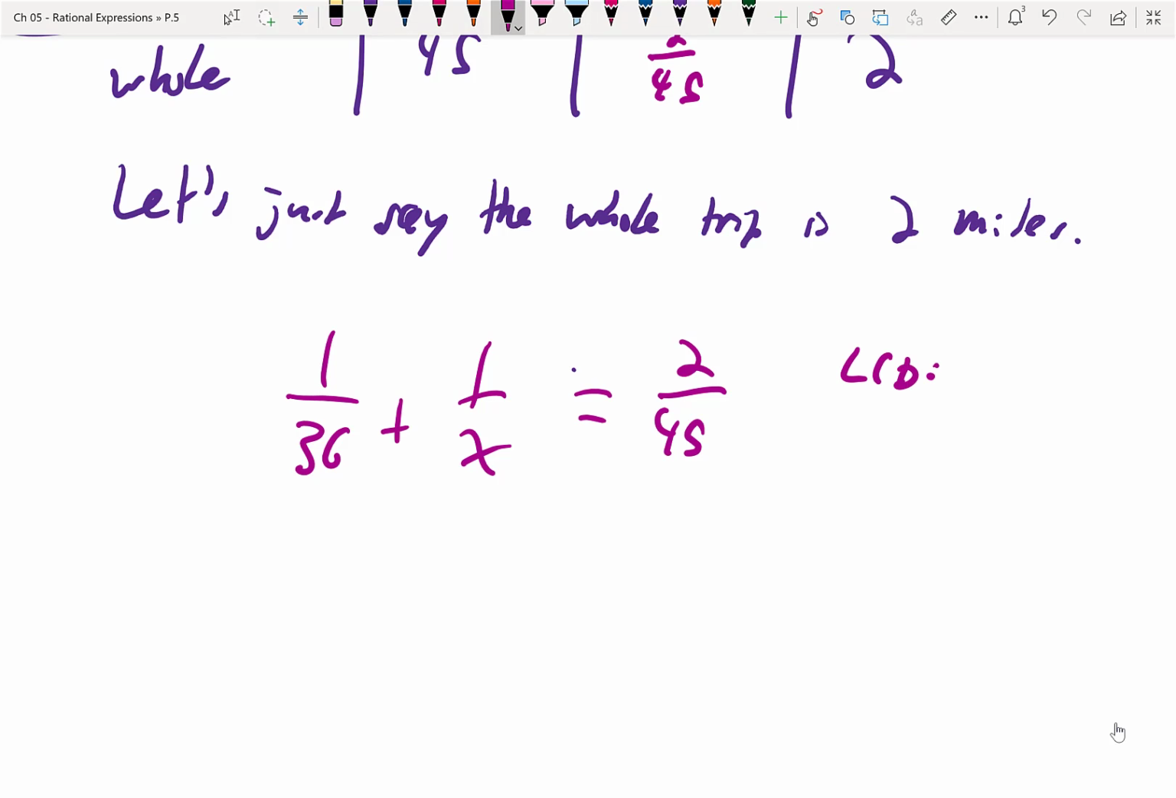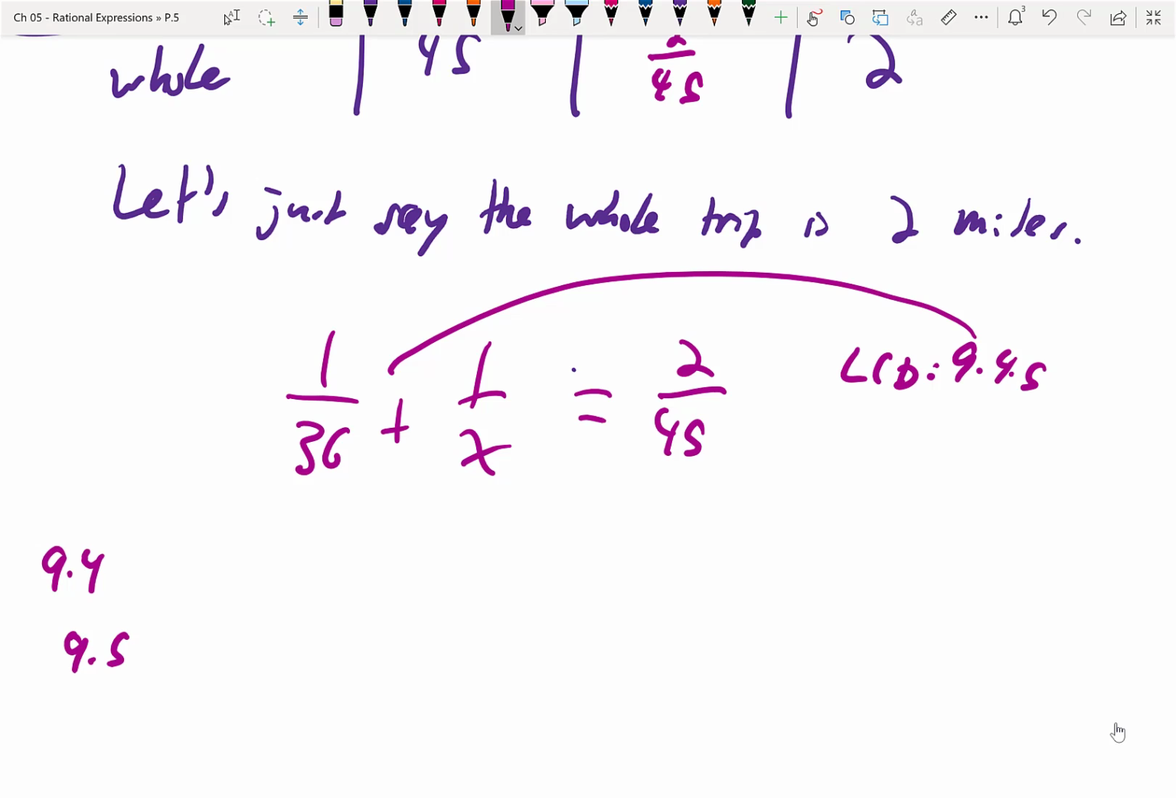What's your LCD between 36 and 45? Don't overuse your 9. There's 9 in there once. 36 is 9 times 4, and 45 is 9 times 5. So can't we just do 9 times 4 times 5? And that will cover both of them. And if I multiply 1/36 by 9 times 4 times 5, what do I get? The 9 times 4 goes away. What do I get when I multiply 1/36 by the LCD? 5. Oh, I should have an x in there too, shouldn't I? So I get 5x